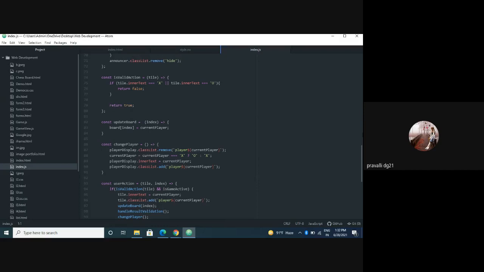Now it's time to implement the handleResultValidation function. We will check if we have a winner or not by looping through our winning conditions array, and for every sub array, which contains three numbers, we will check if the board has the same characters for the indices. If any of the three elements is an empty string, so basically an empty tile, we will skip that iteration using the continue keyword. If they are equal, then we set the roundWon variable to true and exit our for loop using the